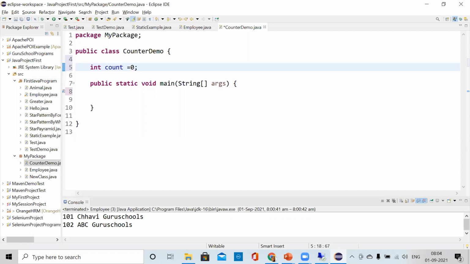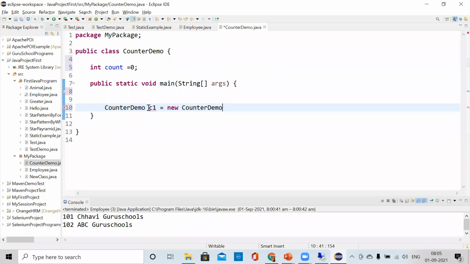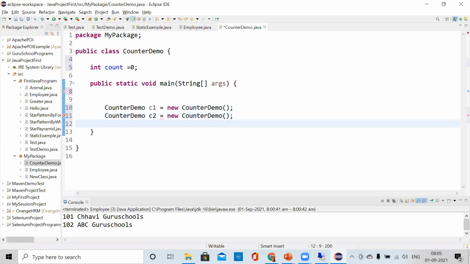This is the instance variable. Inside the main method, we are creating objects: C1 equal to new CounterDemo, then C2, then C3. We have just created three objects.